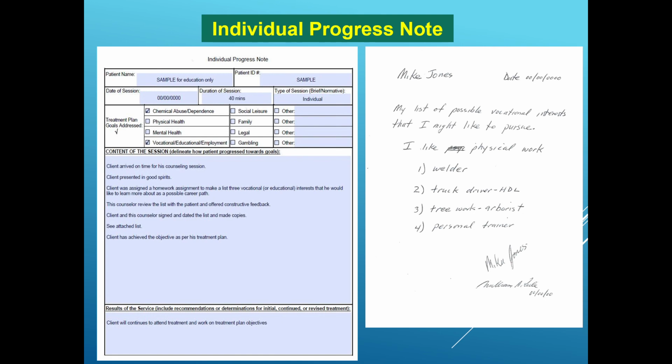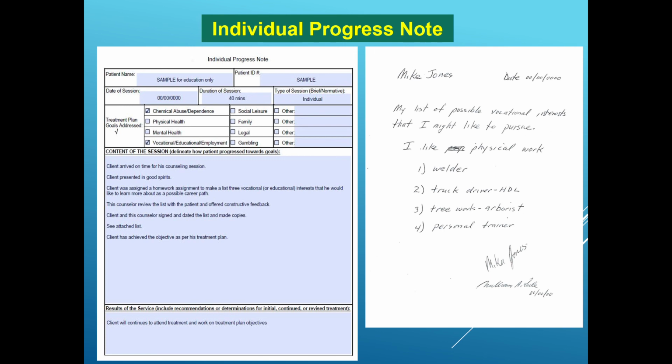Okay, so before we move on, I just want to make a clinical note. Suppose Mike, or a patient, comes in and didn't do his list. I don't have my list. I didn't do the list. Okay, what do you do then? You get a piece of paper and a pen, and you give them the piece of paper and a pen. As a matter of fact, I bought 10 packs of cheap notebooks and give them out to patients to do journals.